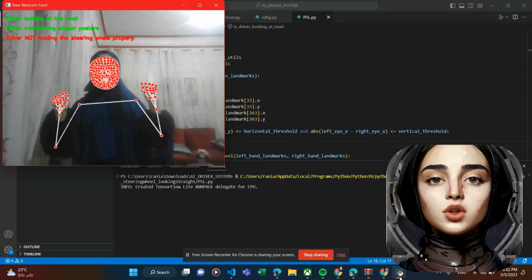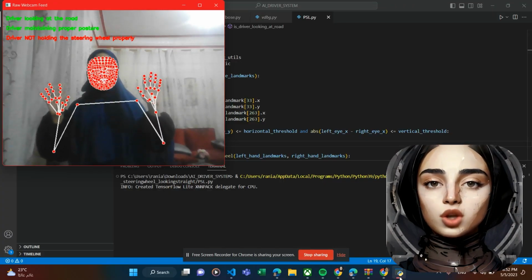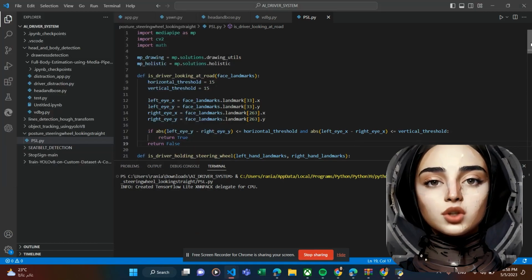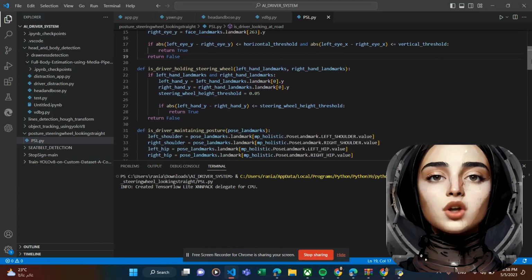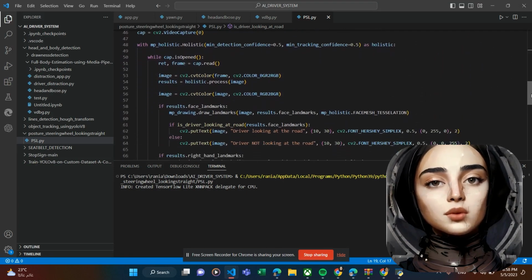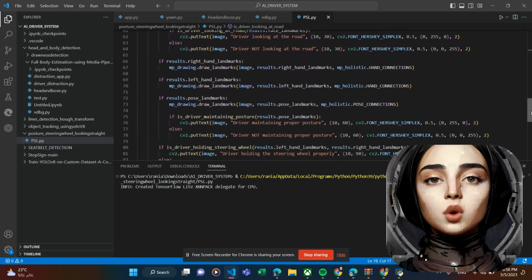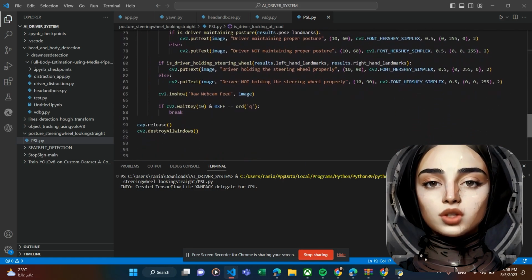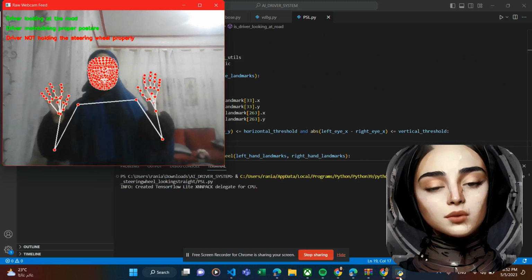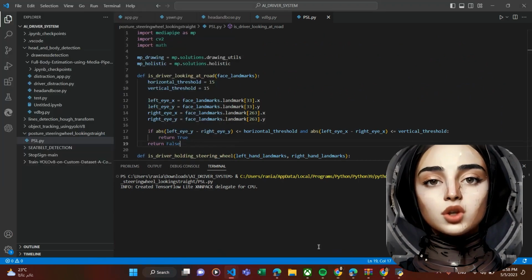We have 3 features in this code. The is_driver_looking_at_road function can detect if the driver is not paying attention to the road, which is a common cause of accidents. The is_driver_holding_steering_wheel function can detect if the driver is not holding the steering wheel properly, which can be an indicator of fatigue, distraction, or impairment. The is_driver_maintaining_posture